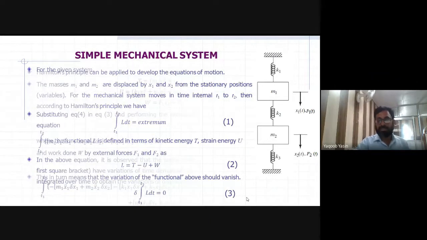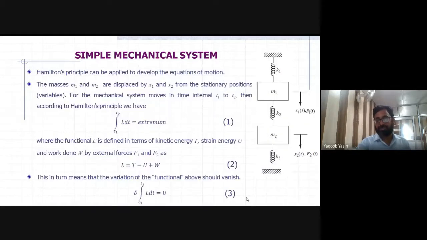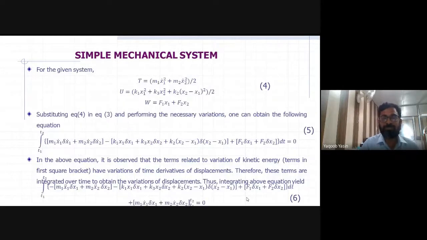So here for the given system, we have mass m1, displaced by x1, and mass m2 displaced by x2, and due to the displacement, they are moving, therefore they have velocities which are represented by the time derivative of these displacements x1 and x2. So we represent the velocity of mass m1 by x1 dot, and the velocity of mass m2 by x2 dot, and therefore the kinetic energy can be written simply as half m v square. So we have the total kinetic energy of the system, therefore we can find the total potential energy of the system.